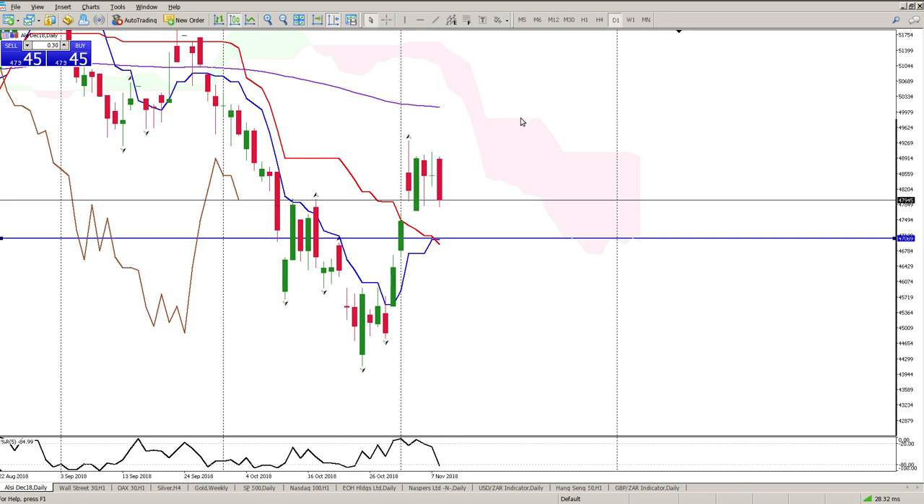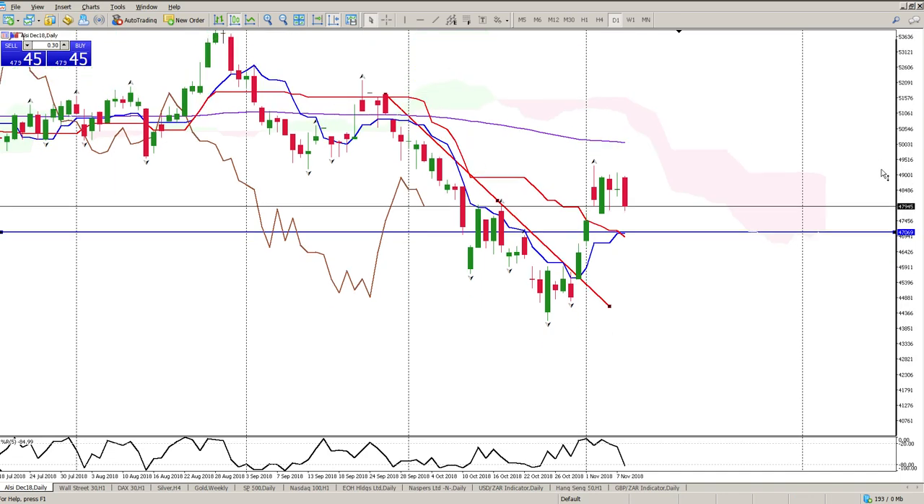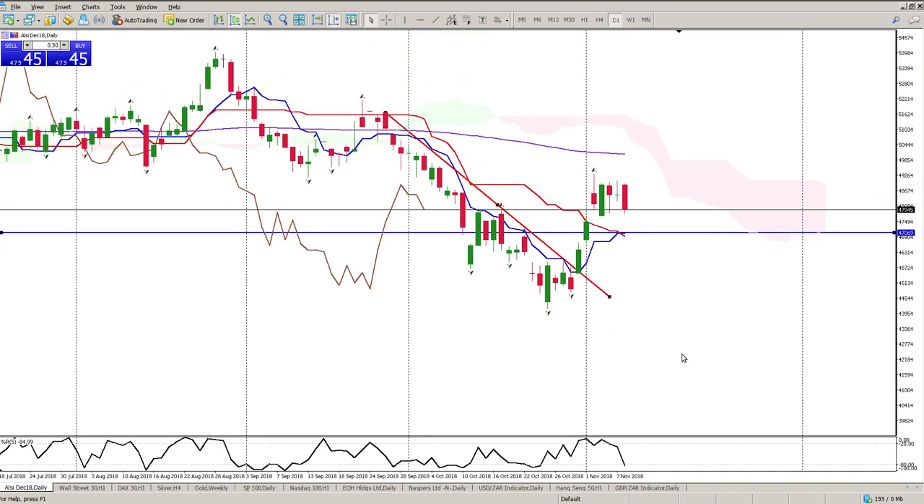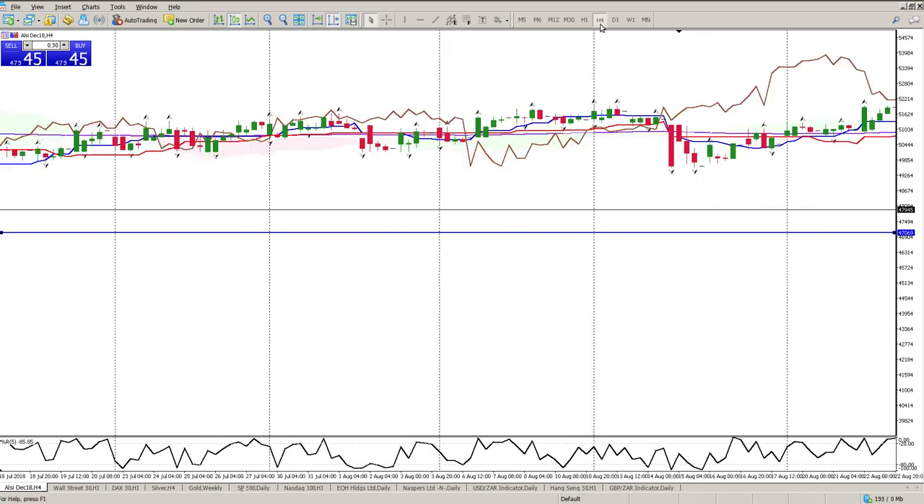On the daily here, nothing really to write home about. And I'd expect, to be honest with you, just taking emotion out of this, and I have a love-hate relationship with Aussie, but I would expect a retest of this trend break, and that's quite a deep pullback. Okay, so on the 4-hour,